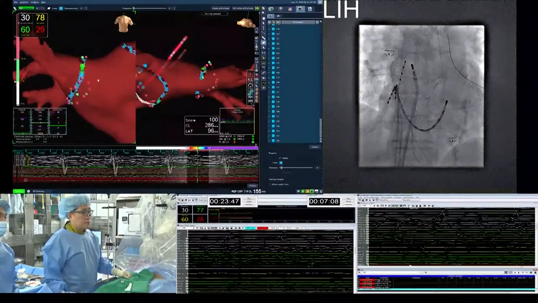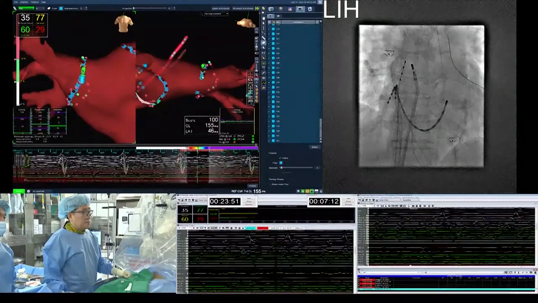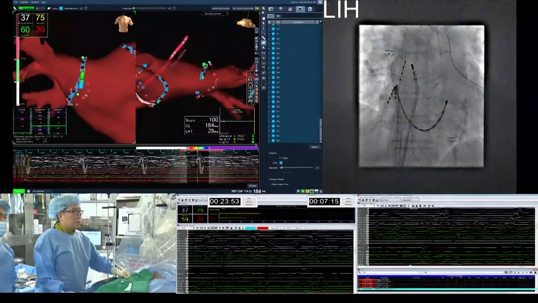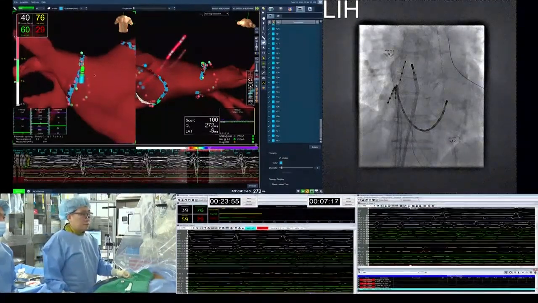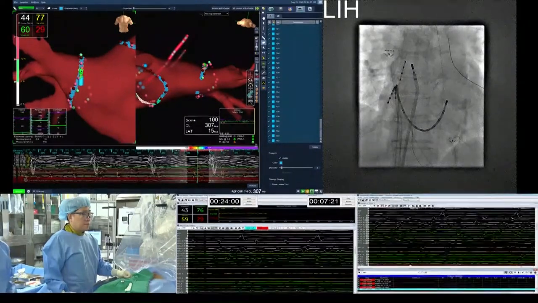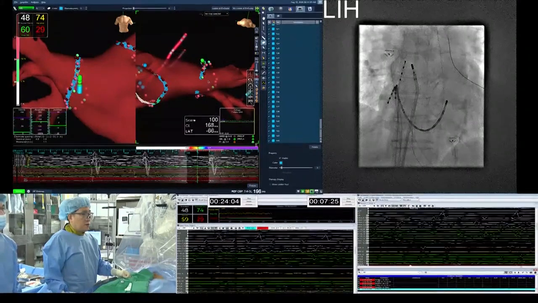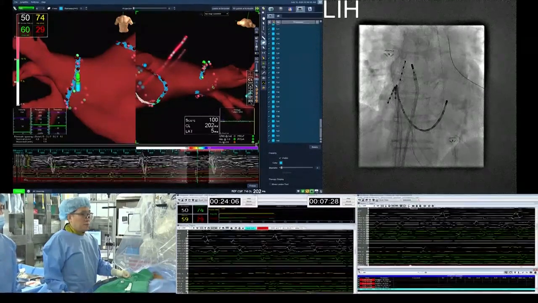Okay, so this sphere suggests the impedance dropping and the location of the ablation site. It is quite useful for safety. I don't trust the color change 100%, but at least if the color changes to chocolate color, that means there is some lesion formation, and if you give more energy, it has a risk of complication.